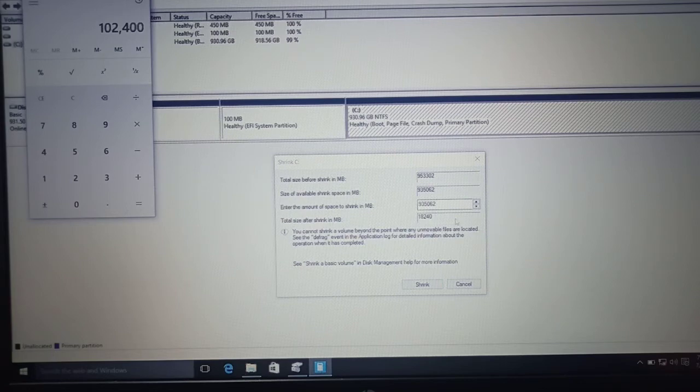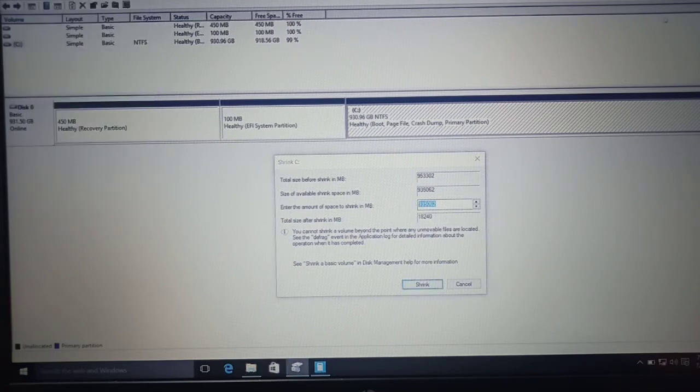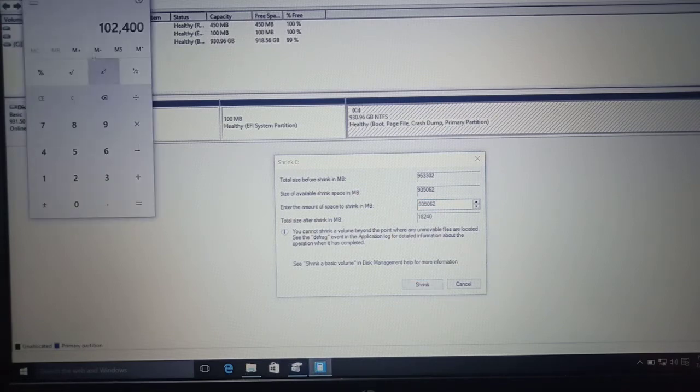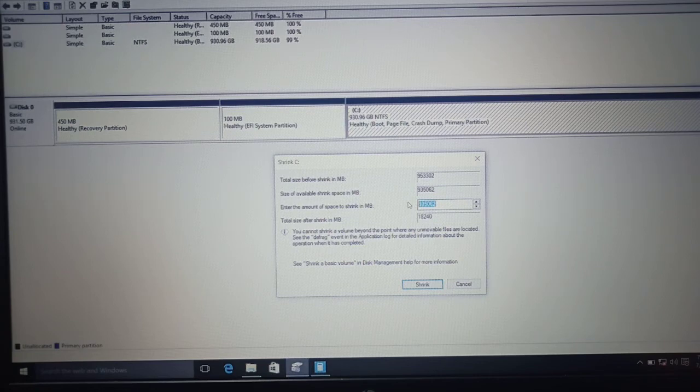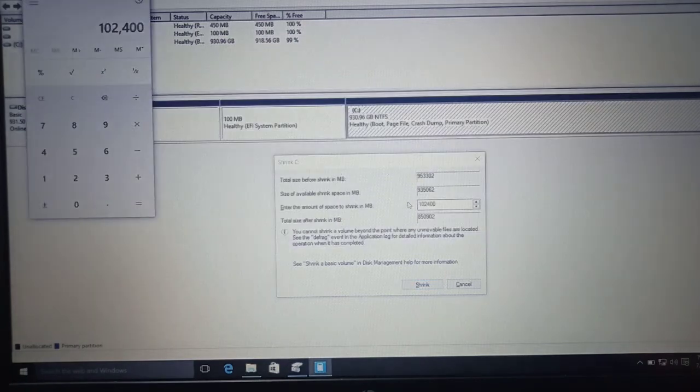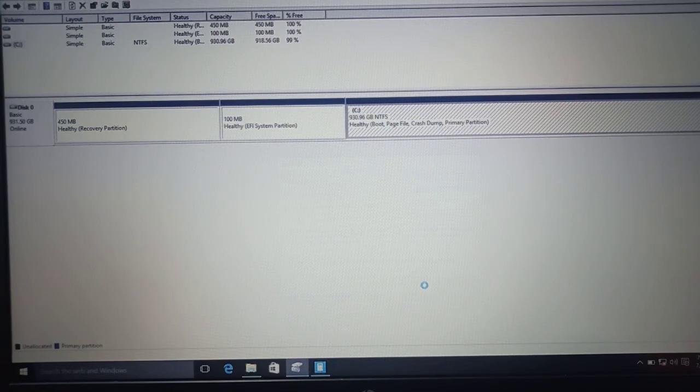Here we can enter 102400, this much amount we want. So it will shrink this much amount.